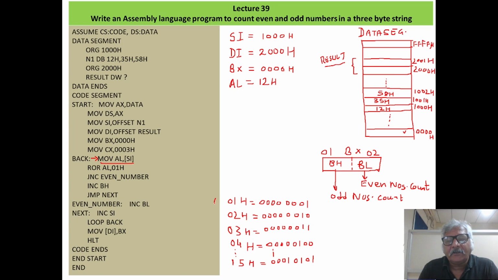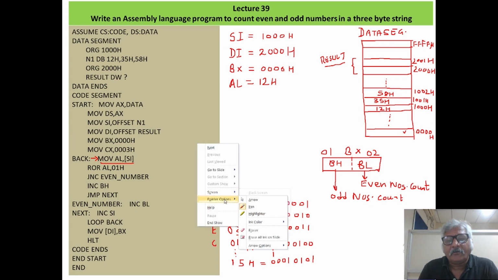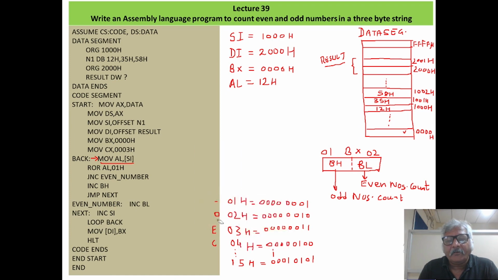So here you can see, 01 is odd, 02 is even, 03 is odd, 04 is even, 15H is odd. So you just concentrate on LSB, this bit of all the numbers.